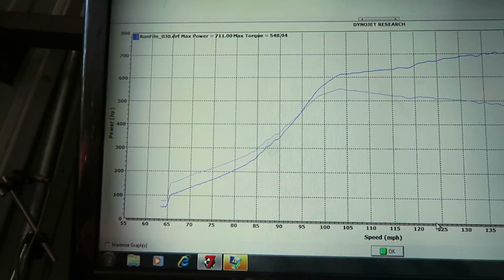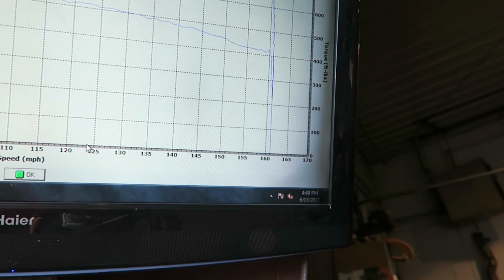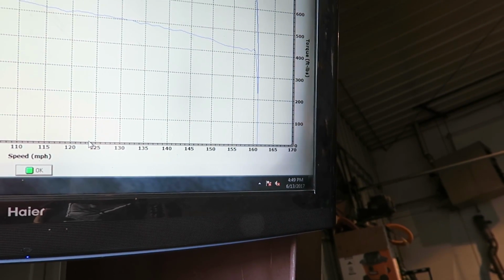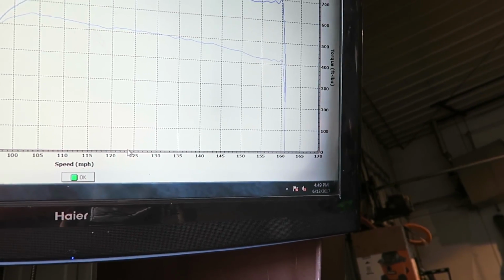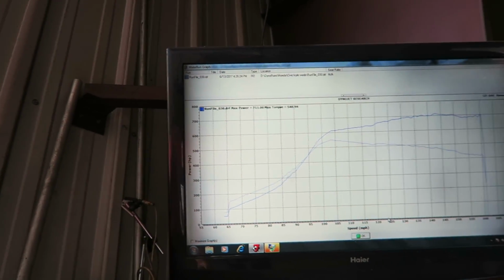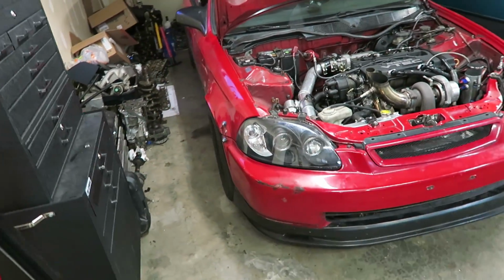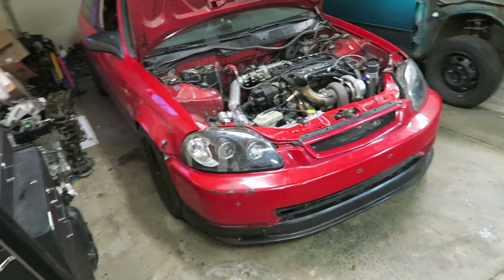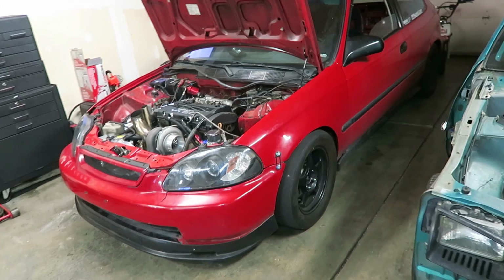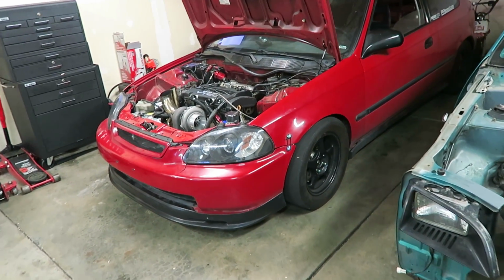It's sick. So that pull was in 4th gear, letting out early. 4th gear goes just over 160 miles an hour. Probably would go to like 165 to 170 if it actually went to rev limiter. But I am really happy with that, guys. I am stoked. Well, there you have it, guys. She's officially making 711 wheel horsepower as she sits. So I am super stoked on that number. That is just awesome. I've been wanting to break 700 for a while now, and now that I'm finally there,